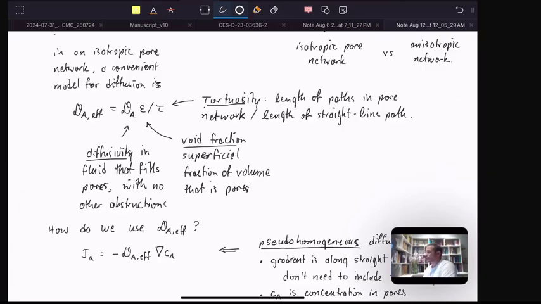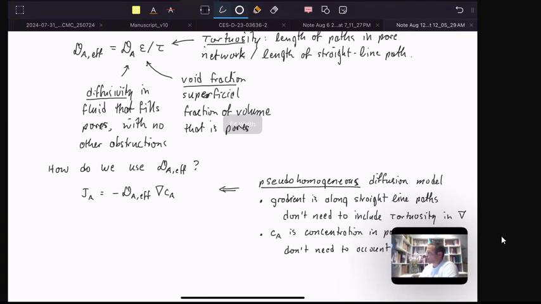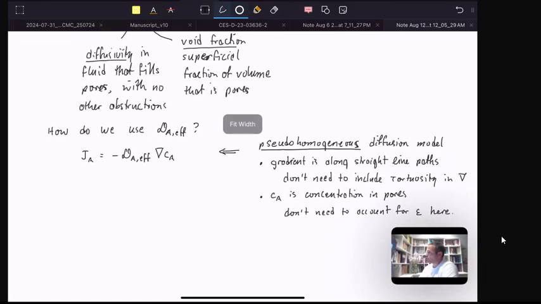Okay, well, how do we make use of this effective diffusivity that we just learned to calculate? We use it in a Fick's law-like expression, as shown down here. So this is the flux in moles per meter squared per second, for example, and it's given by a negative sign multiplied by D_A effective, this effective diffusivity, times the concentration gradient of species A. But what I want to emphasize here is that this is really where these models become pseudo-homogeneous, in the sense